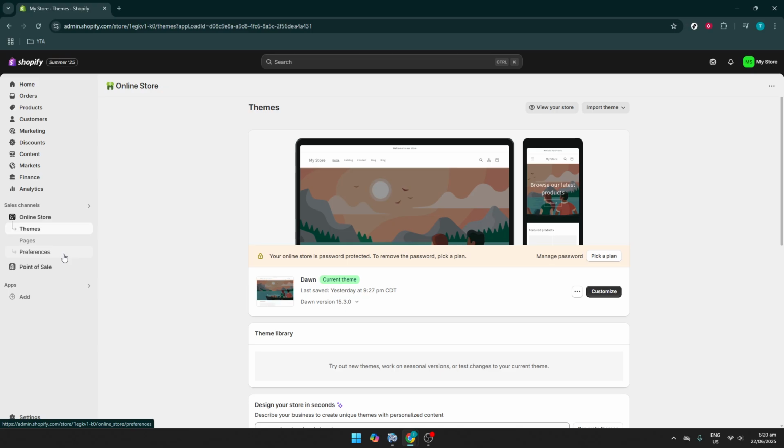Now, locate and click on the Online Store option. The Online Store section is where you can handle everything related to the appearance and functionality of your digital storefront. Here you can manage your themes, blog posts, and more. Clicking on this section will allow us to start making visual updates to your site, improving the look and appeal